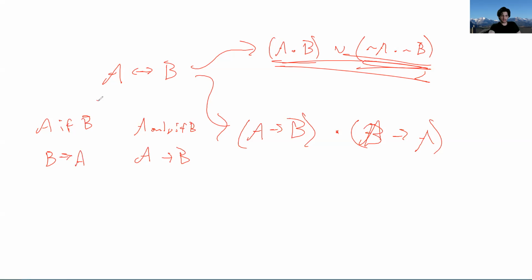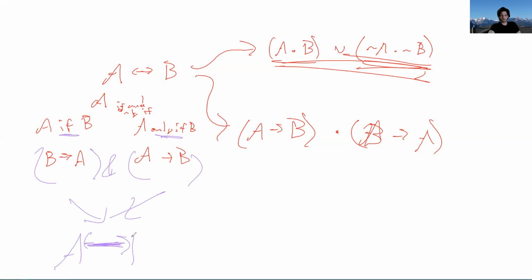And so if I'm trying to say A if and only if B, I'm literally just saying these two things. I'm saying this and this. So I'm saying that and that. And you smash them together, and that's how you get this cool biconditional symbol. It's going both ways. The arrow's pointing from B to A, and it's also pointing from A to B. So a biconditional is really just two conditionals smashed together. And so material equivalence, we can do it in two different ways. You can either substitute your biconditional with two conditionals like this,